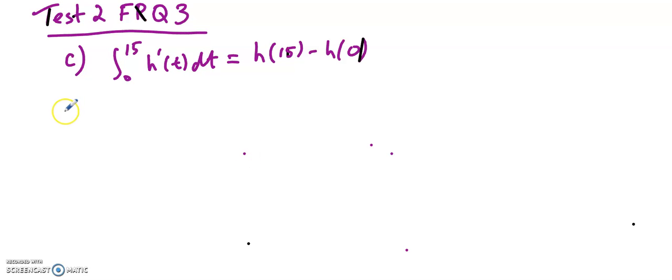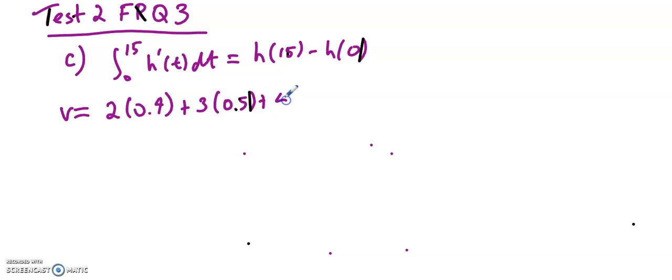All right. Well, to do my Riemann sum, and again, I think this is pretty clear cut, since I've got 5 subintervals, the first subinterval will be from 0 to 2, so that first rectangle would have a width of 2, and since I'm doing a left-hand Riemann sum, times the left height of 0.4, plus the next interval will be from 2 minutes to 5 minutes, so that has a width of 3, and the left hand would be 0.5, plus the next one would be from 5 to 9, so that interval has a width of 4, times 0.7,